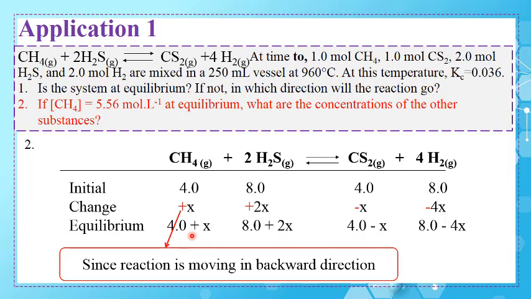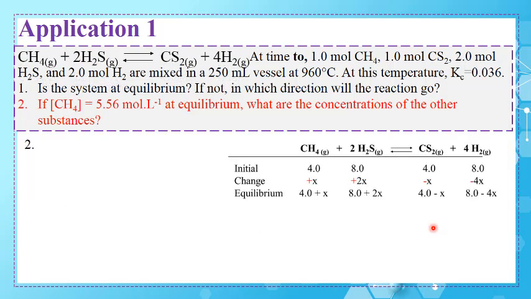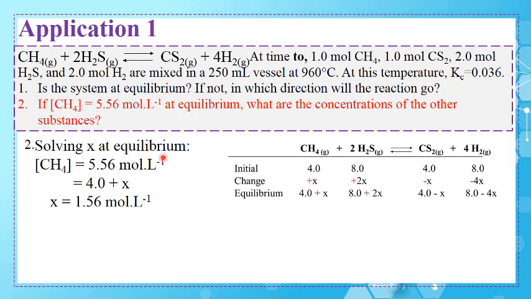Now at equilibrium, this would be 4 minus the change, here 8 plus the change, and here minus the change. Again, this is the given. This is the table that is photocopied here. Now, solving for X at equilibrium, we can solve it from the concentration of CH4 that is given at equilibrium. Look at CH4 at equilibrium, its quantity is equal to 4 plus X. So 4 plus X is equal to this numerical value, and thus X will be deduced to be equal to